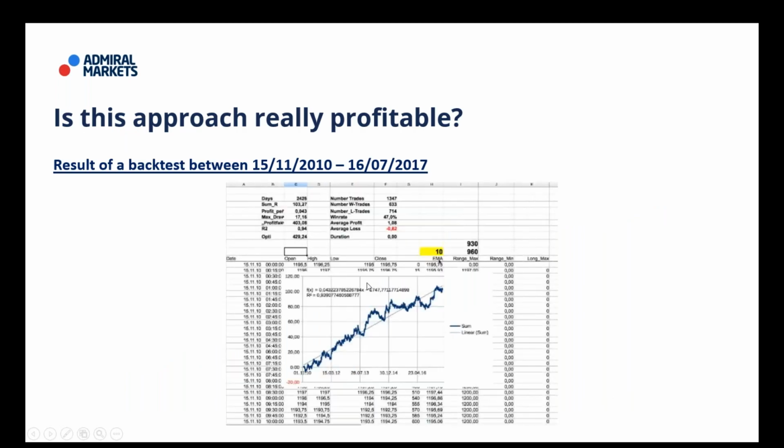Okay. So now, again, is this approach for the S&P profitable? Yes, it is. Since we want to have a look at the DAX, I think it makes more sense to now look at the backtest result of the DAX, which is unfortunately not available for a period of 7 years, even though I can say that the expected value, for example, the expectancy, but also the hit rate,